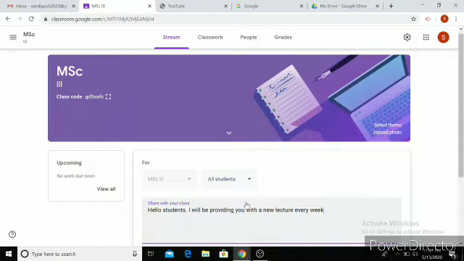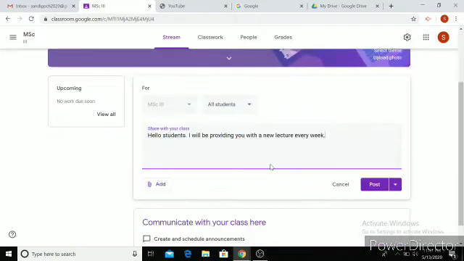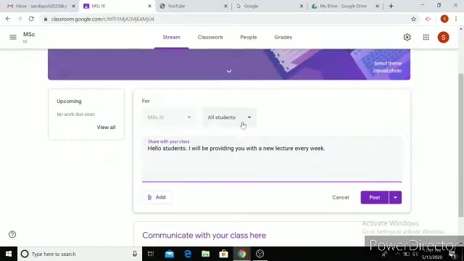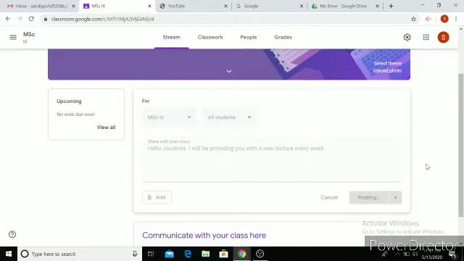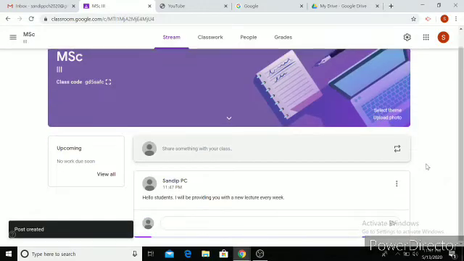Let's say you want to give out some information to everyone, not a specific student. If you have students joining, you will see a list of all the students, so you can select specific students who will only see your notice, or if you select all students, everyone is going to see your notice. And then you can just post it. That is the way to do it.